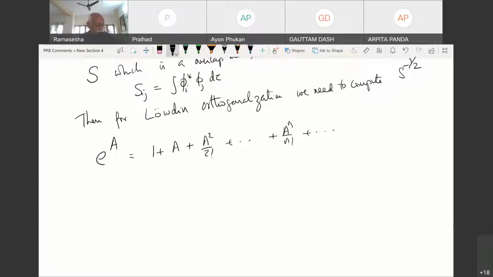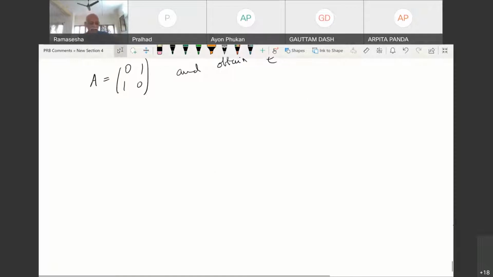Okay, so given this, I'll come to another result which is quite important. Okay, any questions on functions of matrices? Yes or no? No, sir. Okay, so you can take a matrix like A equal to 0, 1, 0. So that is one of the assignments that I'm asking you to do.